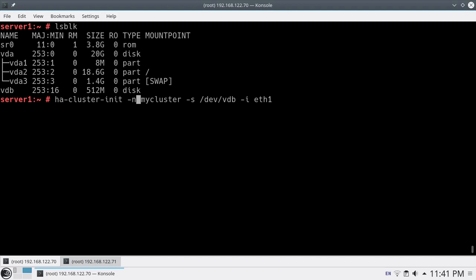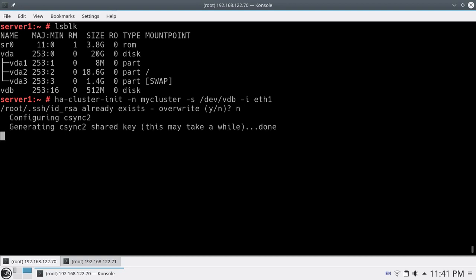So now let's start the cluster setup. You can see it will start. Let's see whether it runs successfully or not. First thing, it's showing the public key and private key for SSH. If you remember, I have already created this, so I don't want to override, so I will do no. If you have not created it or if you want to override, you do yes.